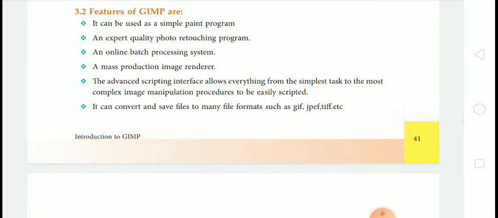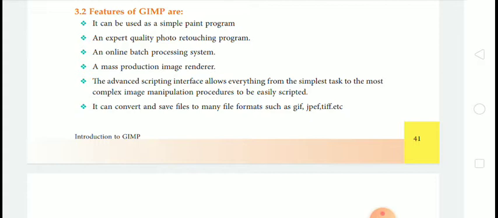Next point is the features of GIMP. It can be used as a simple paint program, an expert quality photo retouching program, an online batch processing system, and a mass production image renderer.